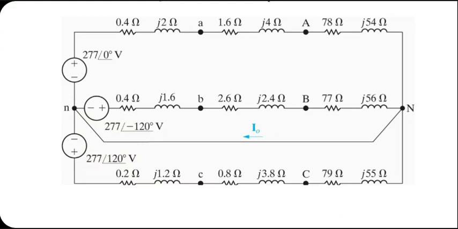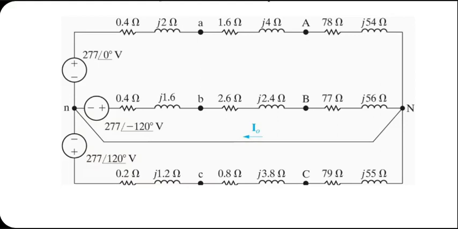In phase A generator, the internal impedance is 0.4 ohm plus j2 ohm. In phase B generator, that internal impedance is 0.4 ohm plus j1.6 ohm. And in phase C, it is 0.2 ohm plus j1.2 ohm. This is real life. You don't need equations. You need common sense here if you want to solve these problems. Neutral, fortunately, has been shown to have no impedance, which is going to help a little bit in calculations.